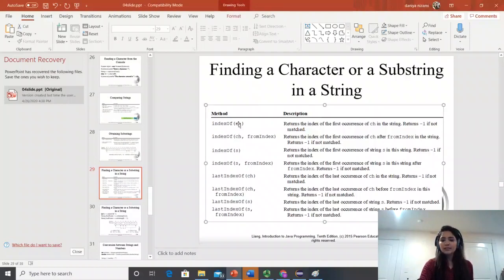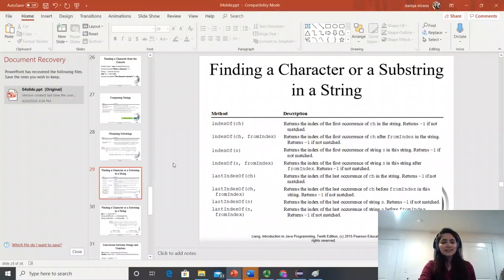indexOf(ch): you may want to ask, what's the index of A? You don't know, and you can just call indexOf. Maybe you are looking for some character, is there any A in that string? So it returns the index of that character, and then indexOf(ch, fromIndex), starting from that index. So these are all the descriptions. Just go over all the descriptions and read. Again, you don't have to memorize the methods, just the popular ones; you should know that these methods exist.